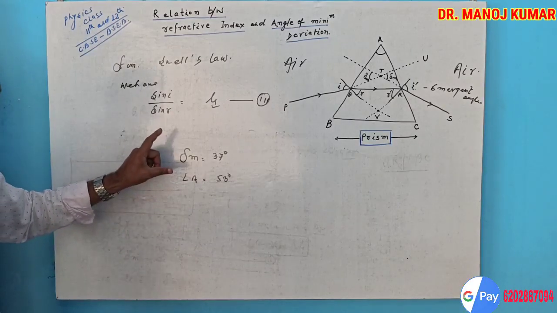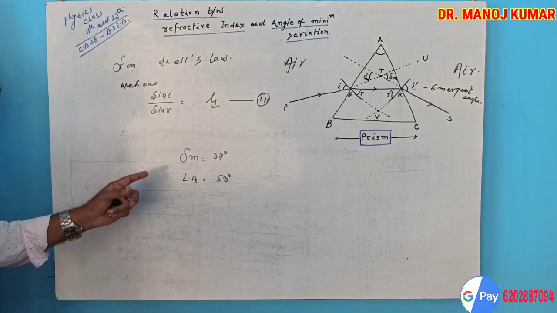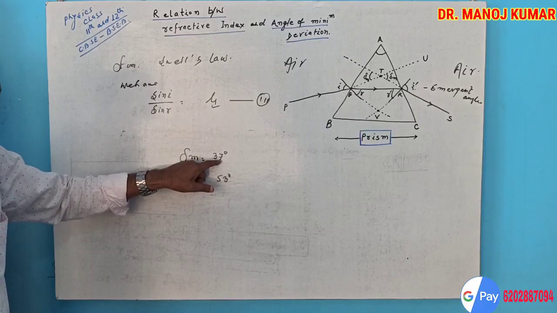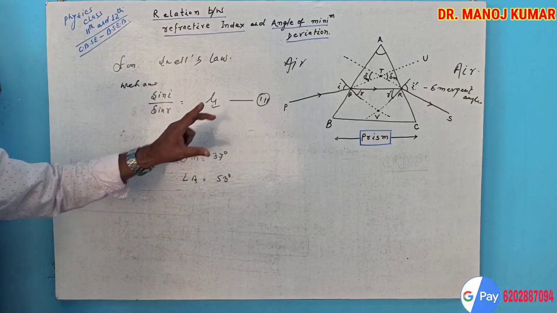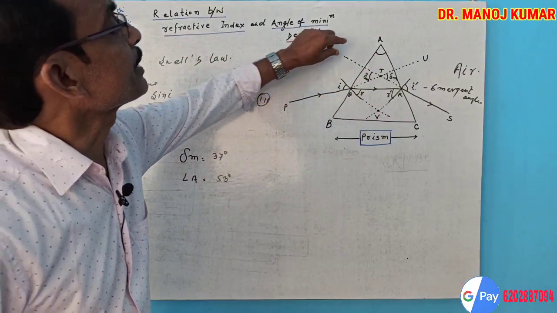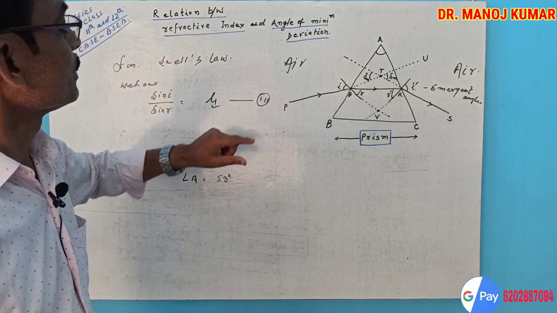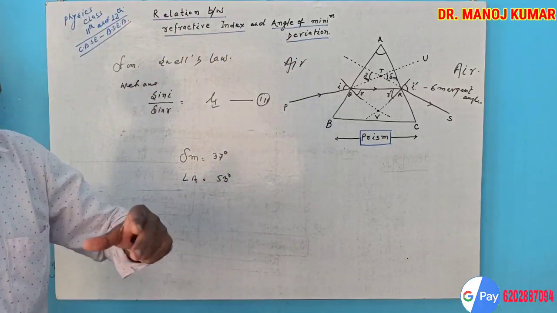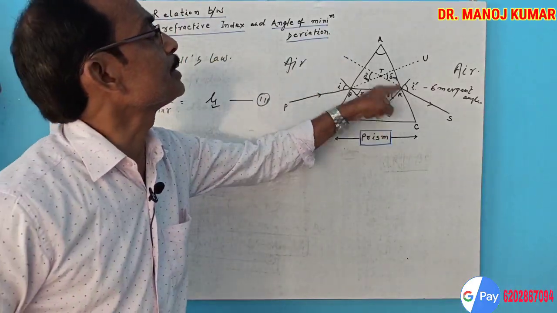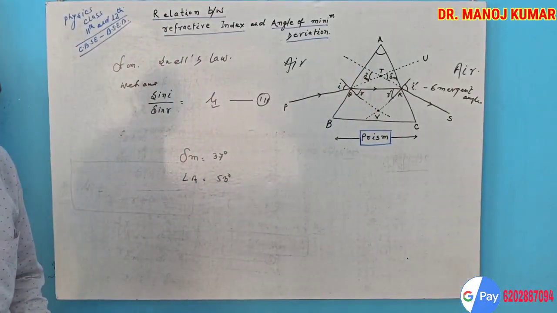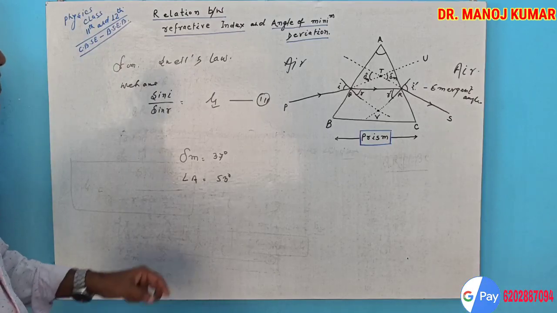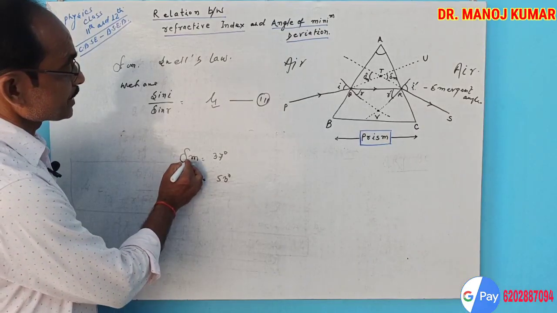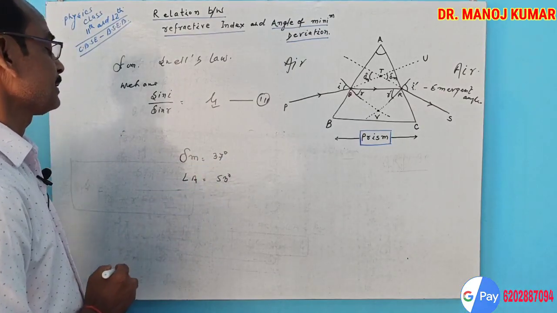अब ये कह रहा है कि यदि किसी प्रिज्म का मिनिमम डेविएशन की एंगल 37 डिग्री है, जबकि प्रिज्म का एंगल जो है वह 53 है, तो कहता है कि उसके इंडेक्स को निकालो जिस मटेरियल से ये प्रिज्म बने हुए हैं। तो here is the two term given, del m and angle A.